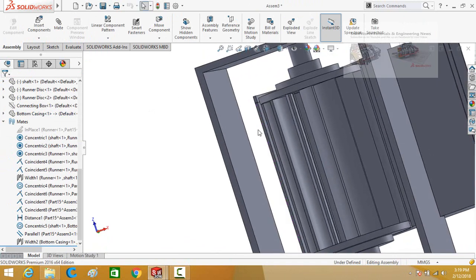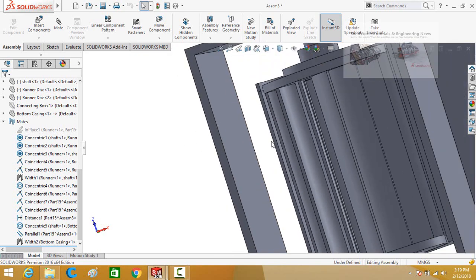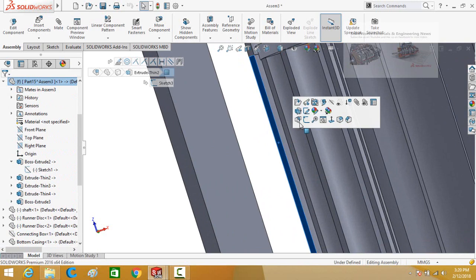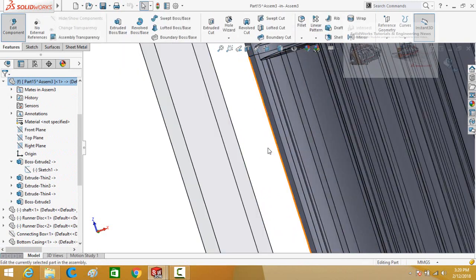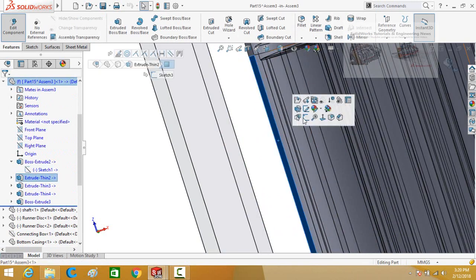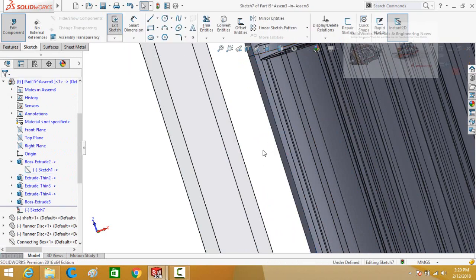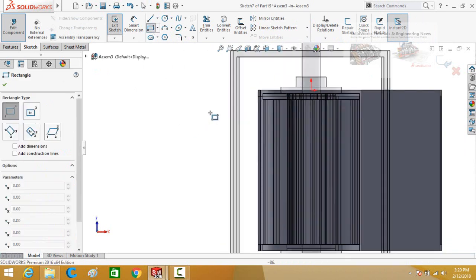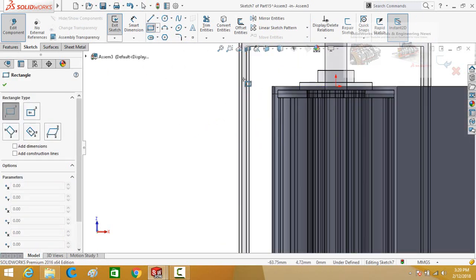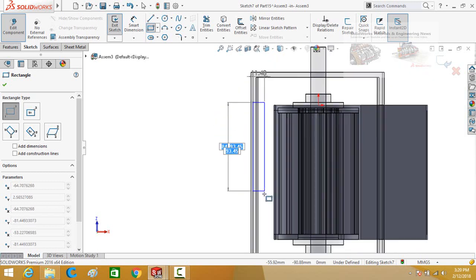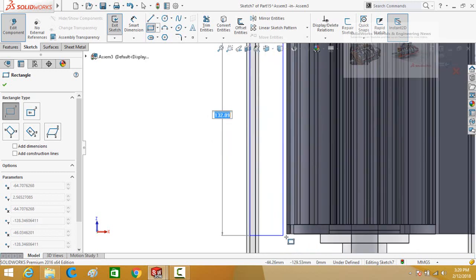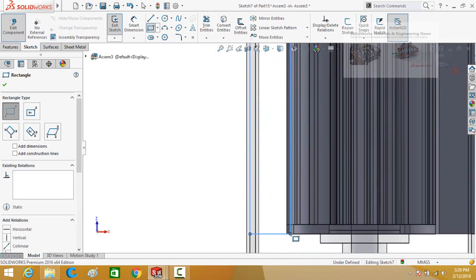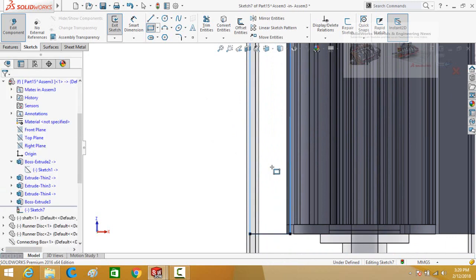Now we have to add a plate between both of these parts. So for that, click on this face of nozzle and then select edit part. Again click on this face and then select sketch. Now make normal to, draw a rectangle. Up to this point. Press escape button.